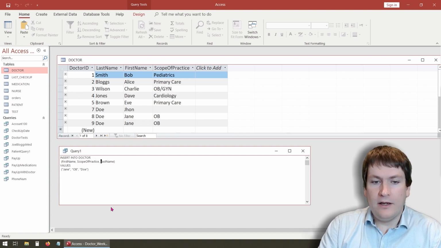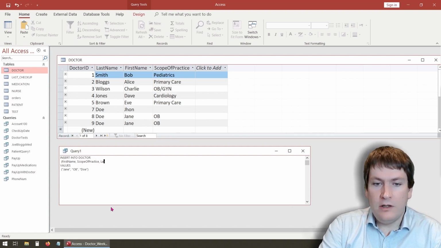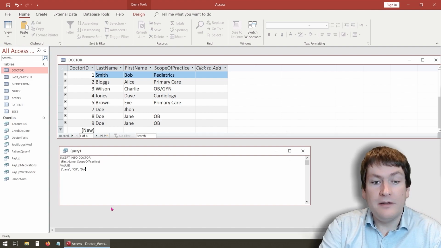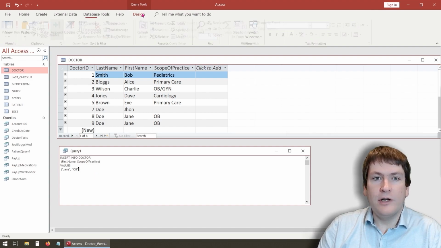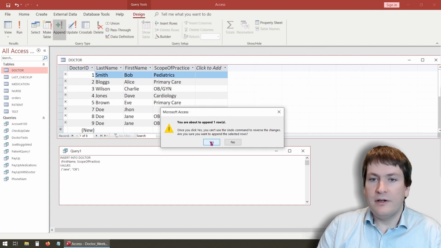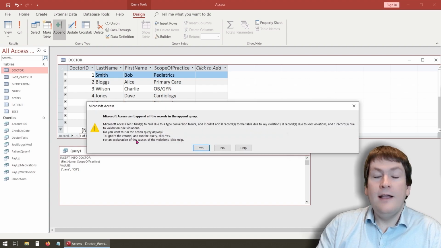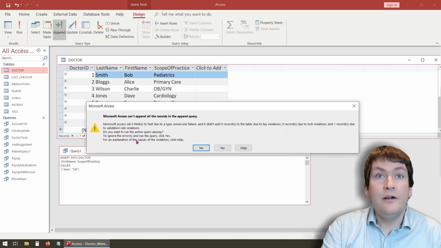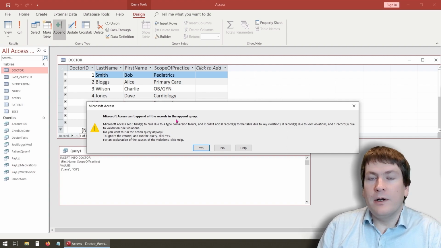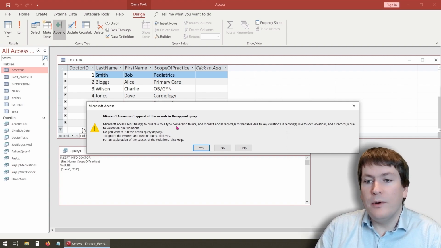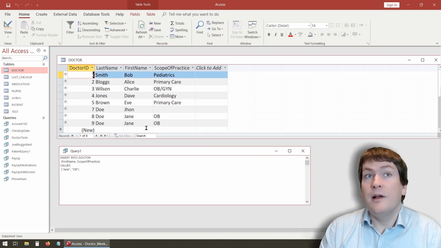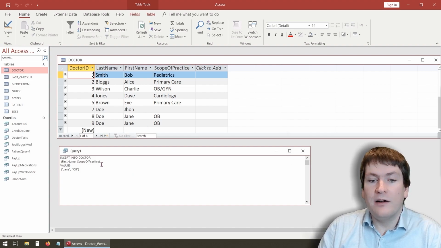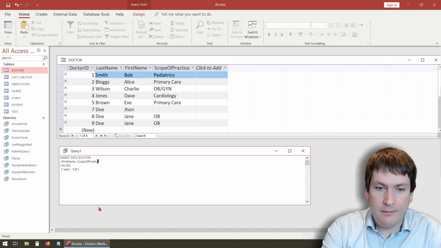So if we did something wrong, like let's say we left off last name, it's going to cause some issues because last name is a required field. So if we leave off a required field like this, and we try to run, it asks are you sure you want to do that, and then we get an error saying that this field can't be set to null, meaning that it's required, we have to give a value for it. So it's asking you if you want to run the query anyway. In this case, it won't work no matter what we do, even if we say yes. It's still not updating it just because it's required, so it's not possible to add in a value when it's missing the required value. Similarly, if we put last name back,